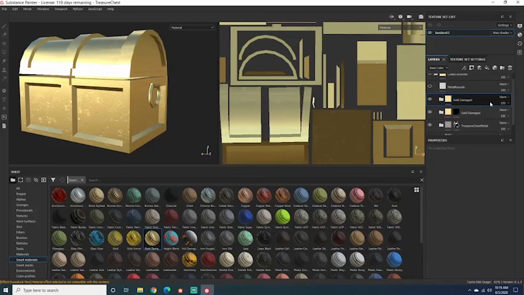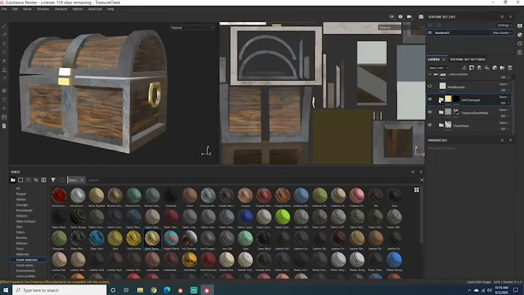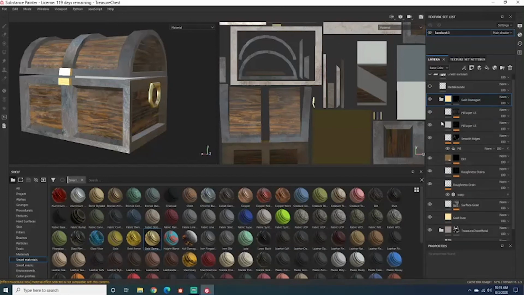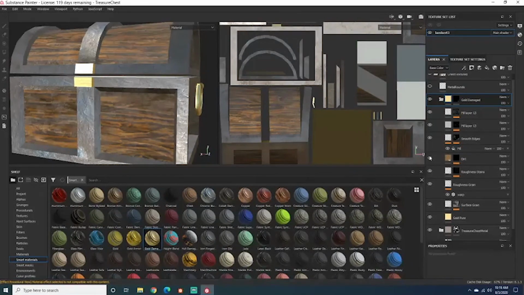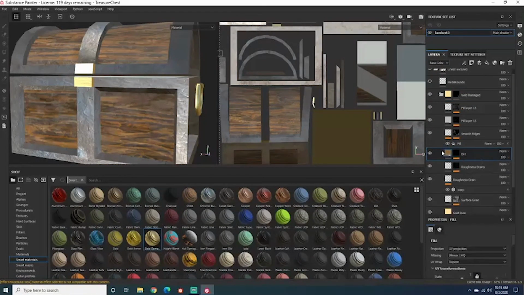So if I go ahead and delete that, as you can see here, this material already comes in a folder, which is something really nice about smart materials. As you can see, if I drop this folder down, this gold damage material has a lot of layers to it. But what is nice is that you can also go through a lot of these layers and toggle what you like and what you don't like and go into every single layer and play with the values. As you can see, I did not make any of these layers myself. I kind of used the smart material and went into each of these layers and played with the values to